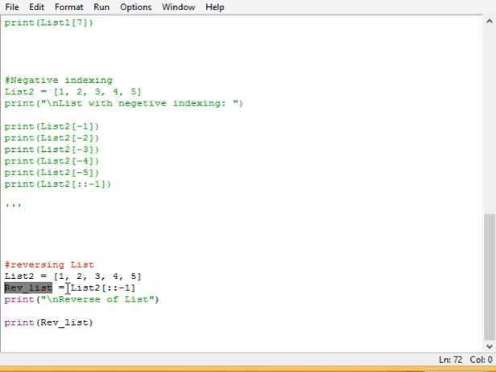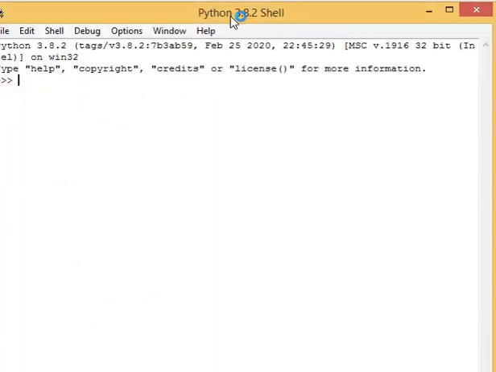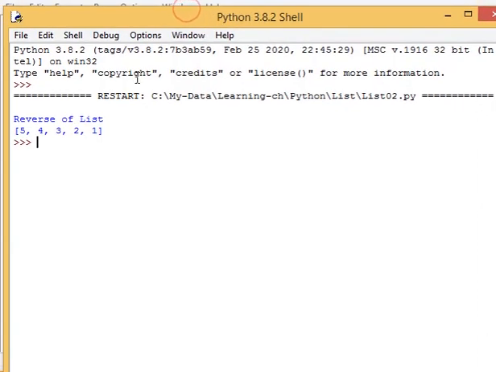The name of the list is reverse list, and what we are doing is, we are reversing the list and storing it in the reverse list and printing one message and printing the content of the reverse list. So the crucial syntax which reverses the complete list is ::-1. This is the one. This syntax does the magic over here. It reverses the list. Now let's run and see this example. What it did is, it reversed the list. Reverse of list is 5 4 3 2 1. If I run this one more